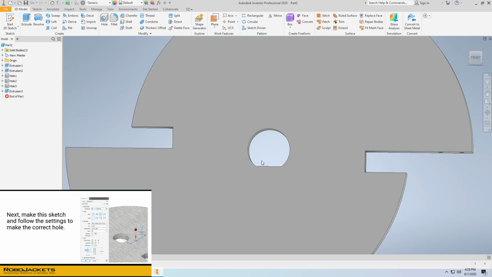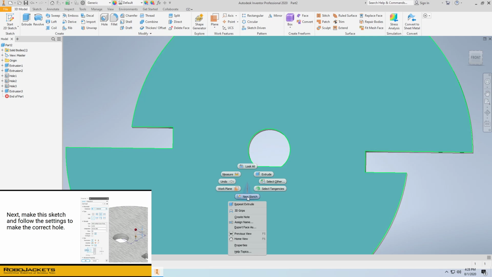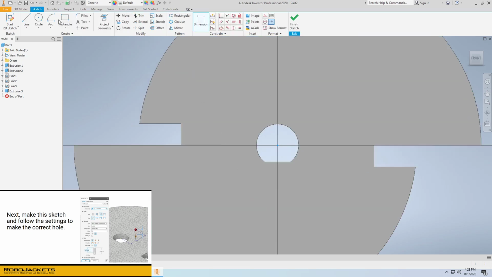And now we'll add one more feature to this. We're going to throw a point on here. Let's say right here. We want it to, did I get that origin there? Okay. We want it to be 2.625 inches above it, and it's already coincident with the y-axis, so the x dimensioning is not needed. We'll finish up this sketch,